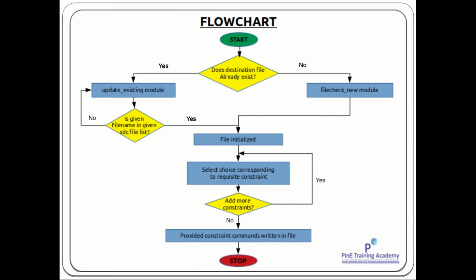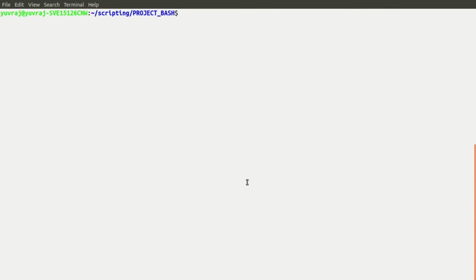Now moving on to the main demonstration of the project. First of all, we'll source the script. The script is named sdc_creator.sh. Now there's a function named create_SDC in this script. We have given a unique feature in this script: when in Linux you put --help in front of any command, that gives the description of that command. Now if you give create_SDC